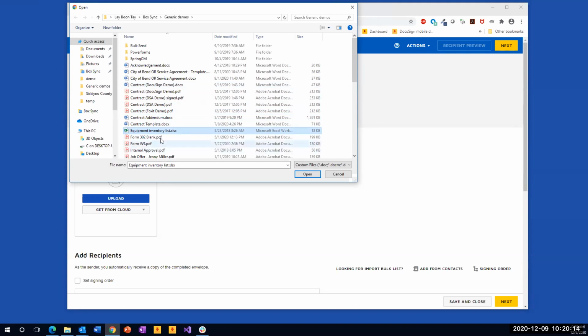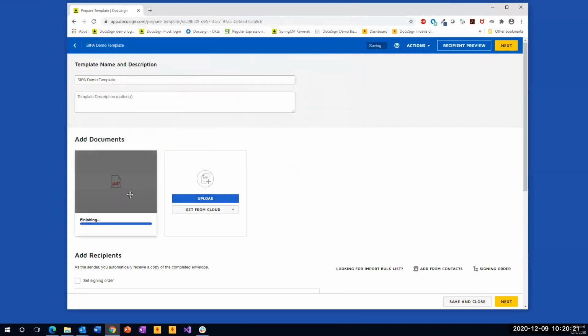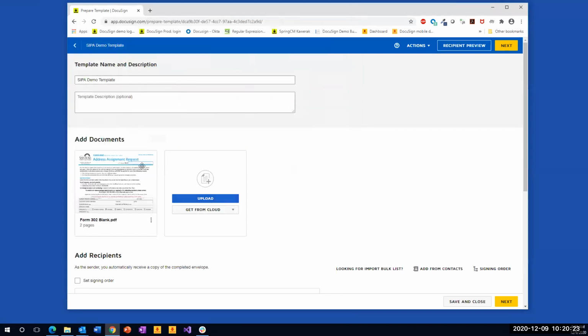So for today's demonstration, I'm going to use this form, which does not have any fields in it. Open, and it goes into my template. Now, the templates can contain more documents if you want. So let's say that you are someone working in HR and you would also like to include a form that has the I-9s and the employee's direct deposit form, what have you. You can upload all of those into your template as well, creating a packet, right? For today's demonstration, let's stay with just one form.